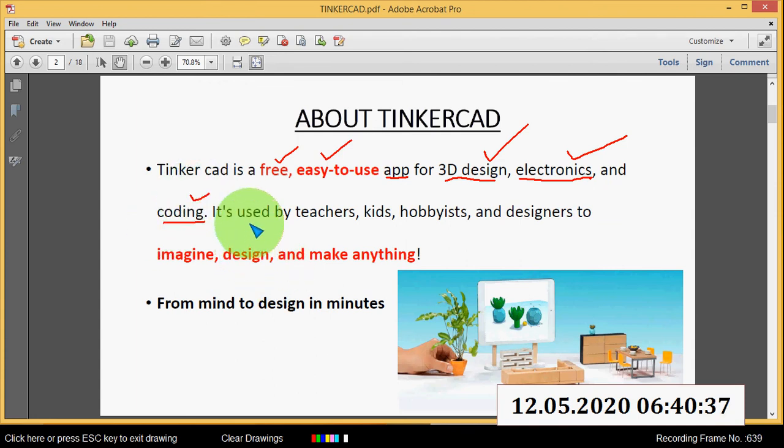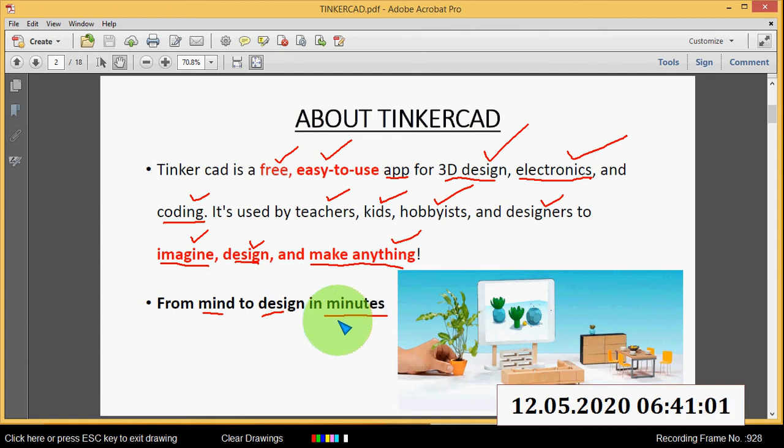This application is used by teachers, kids, hobbyists, and designers to imagine, design and make anything, from mind to design in minutes with the help of Tinkercad.